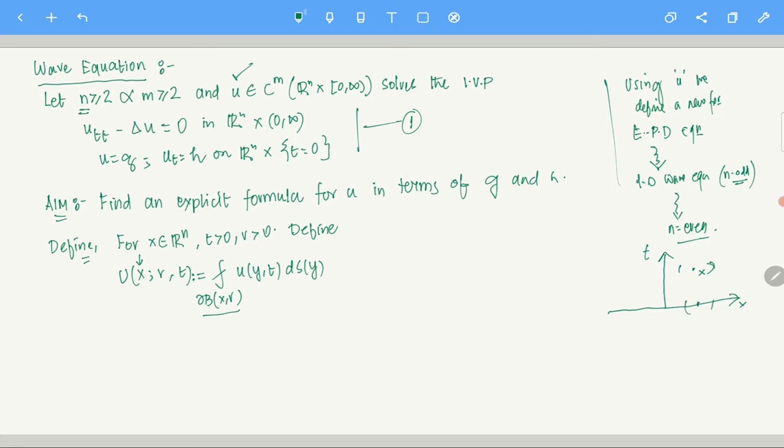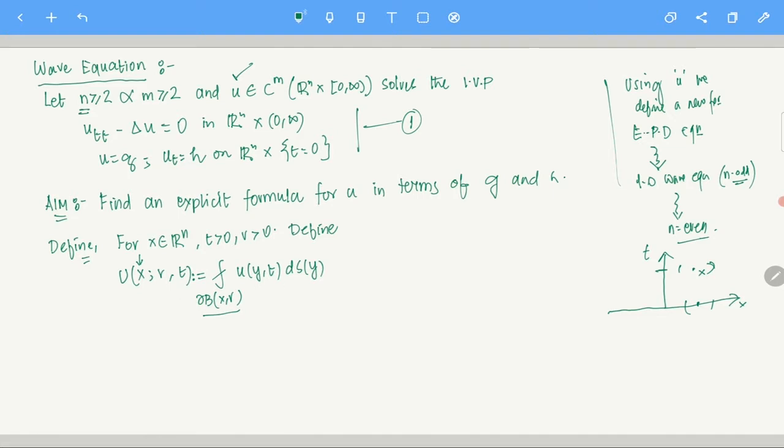You look at u for that fixed t. For one fixed t, x and r, you define it like this. So you define a U which will be the average of u over that sphere. Now what happens when you change r and t? If you define it like this, you can think of this as a function of r and t. Given an x, you can think of this as a function of r and t. So if you change t, this will change because u will change and then the average will change, right? And of course with r also this will change.